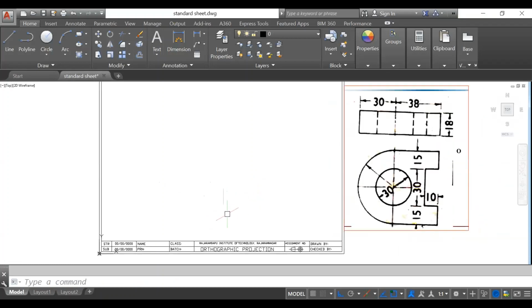So we have drawn the 18 mm height. Now whether to take the front view in this direction or in this direction, that is the question here. While deciding the position of the front view and side view, it is a must to find the O point in the diagram. So you can observe here, the O point is here, the origin point. Okay, O point is the origin point. So you have to consider the O point here.